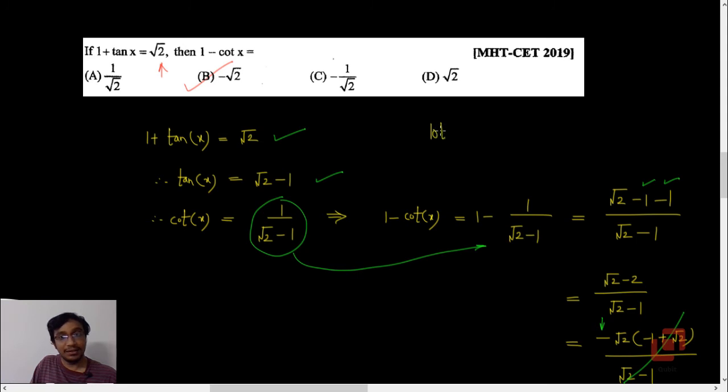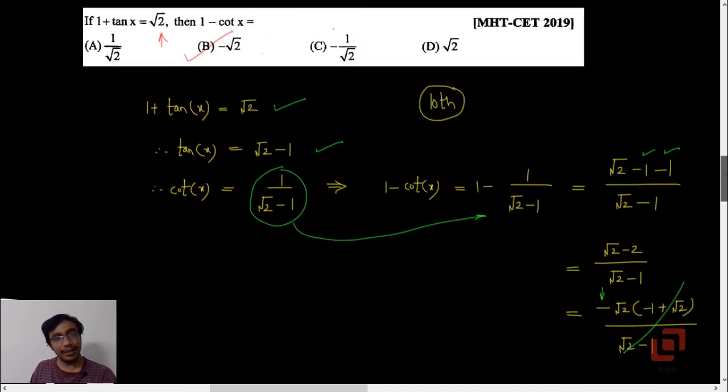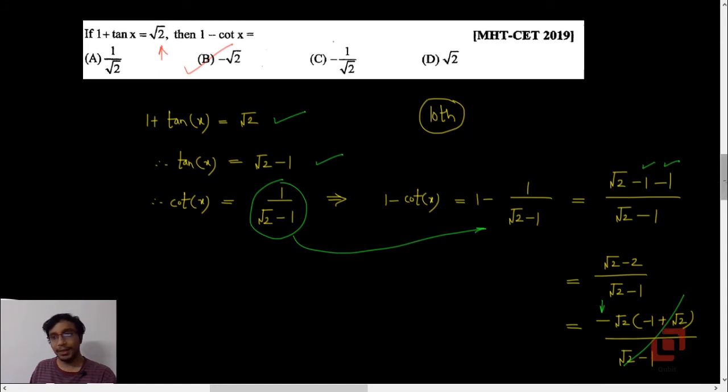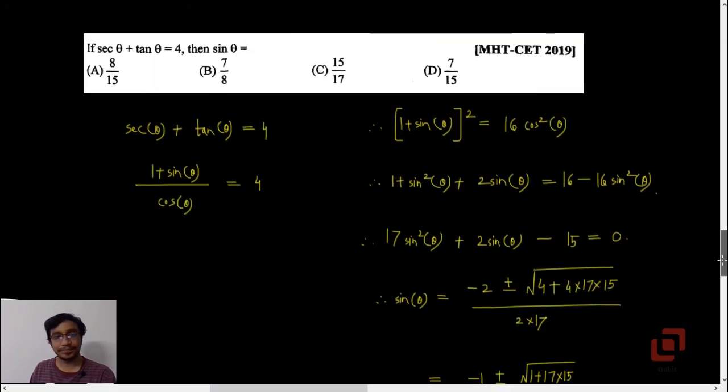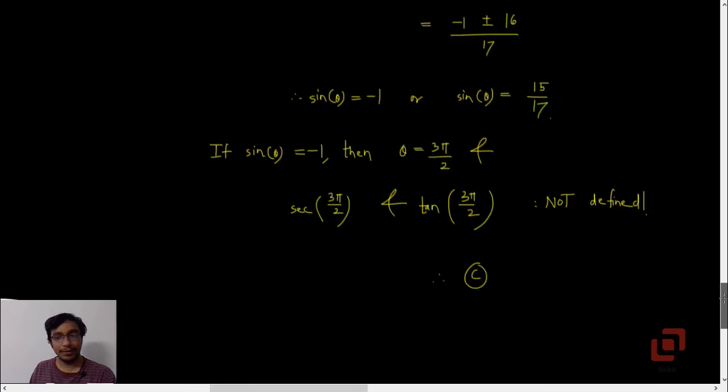Now I would say this is not even an 11th standard MCQ. This is a 10th standard MCQ, isn't it? In the 10th standard we are first introduced to trigonometry. There you learn cot is 1 upon tan and all those formulas. So this should have been there in the 10th standard textbook. Very simple question. Next. That's the last one.